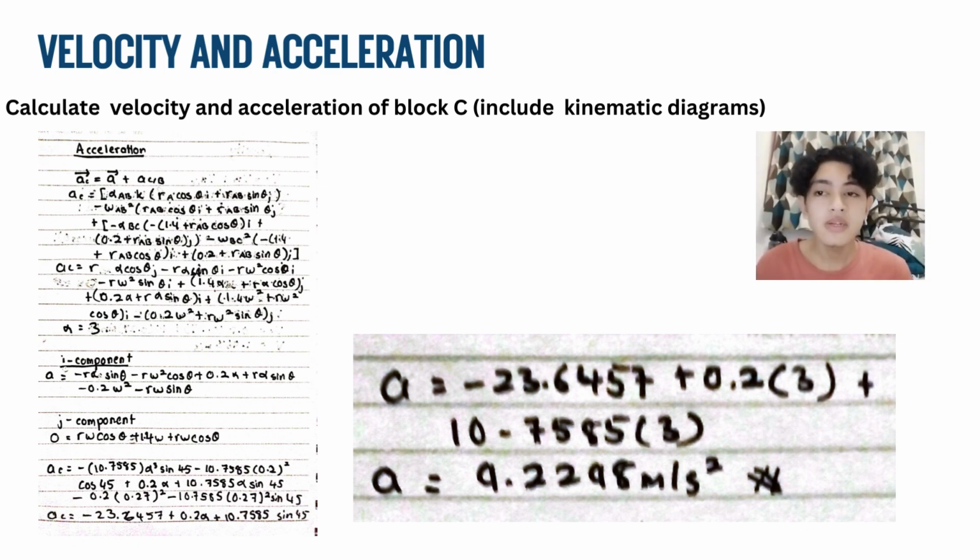So the next step, we need to find the acceleration of block C. This step is quite tricky and has many steps. The first step, if we want to find the acceleration, is that the acceleration of block C equals the acceleration of B plus the acceleration of rod C with respect to B, and then the value we need to include in this long